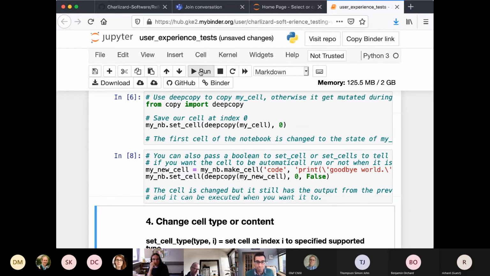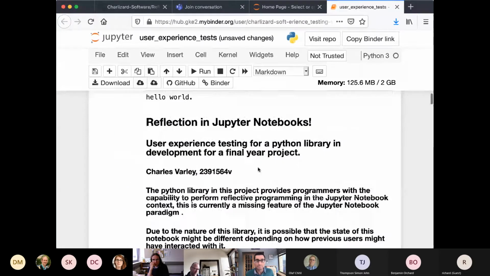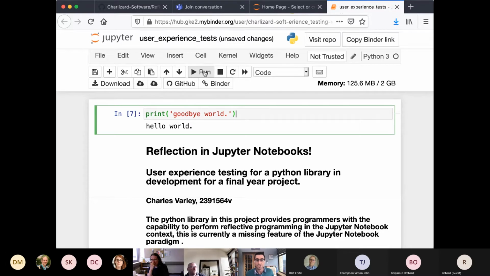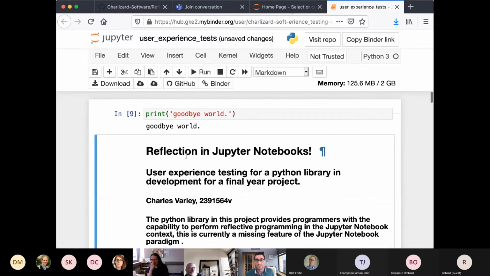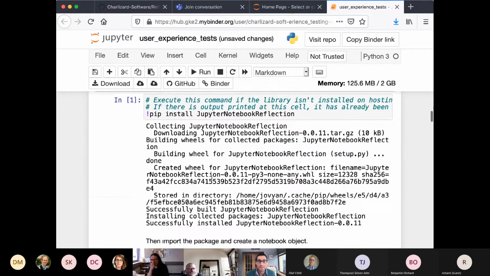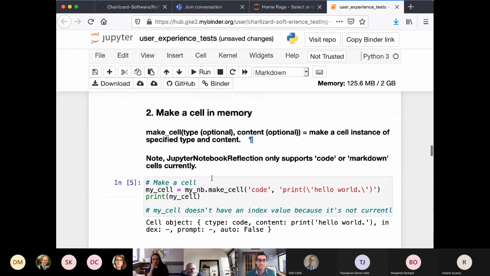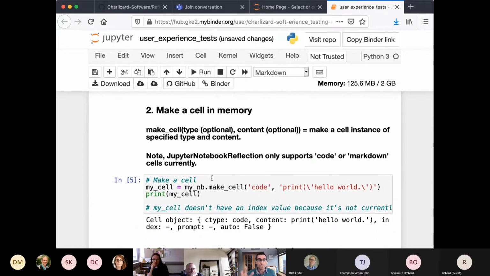So let's run that, run, and then we'll go back up to the top. Yep, so look, we've got the new cell code, but we didn't execute it. So it still has the output from the previous execution. Let's execute it now, interactively, not programmatically, just interactive execution. And there we go, we've got our goodbye world. Great. Okay, so what's happening here is that we are executing stuff server-side and updating our server-side reified representation of the notebook. But as we do that, we're also updating the client-side view of that notebook directly with these JavaScript callbacks.